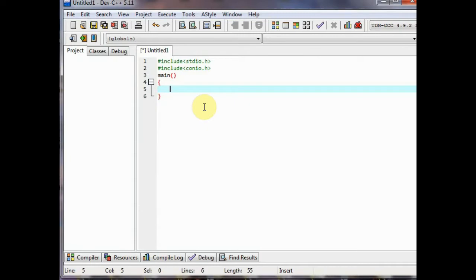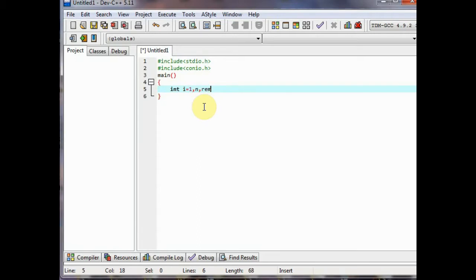In this video, we are going to see how to check whether a number is prime or not. First of all, write the header file, then write the main function. Now, we have declared the variables and constant terms which are going to be used in this program. Then write printf and scanf.